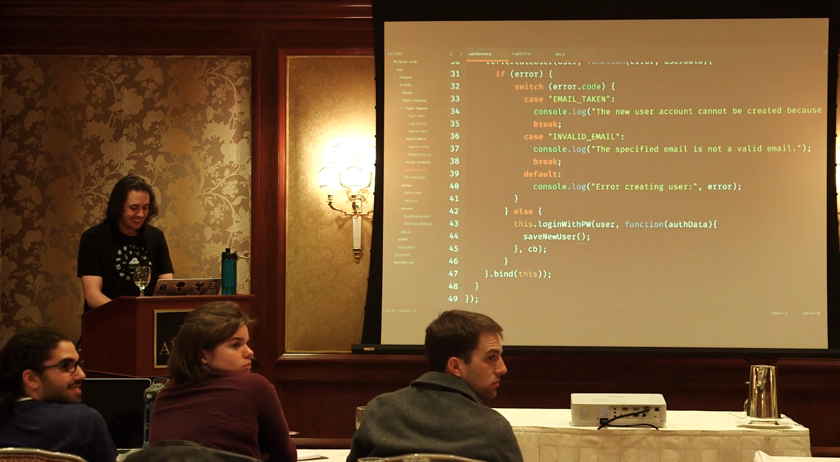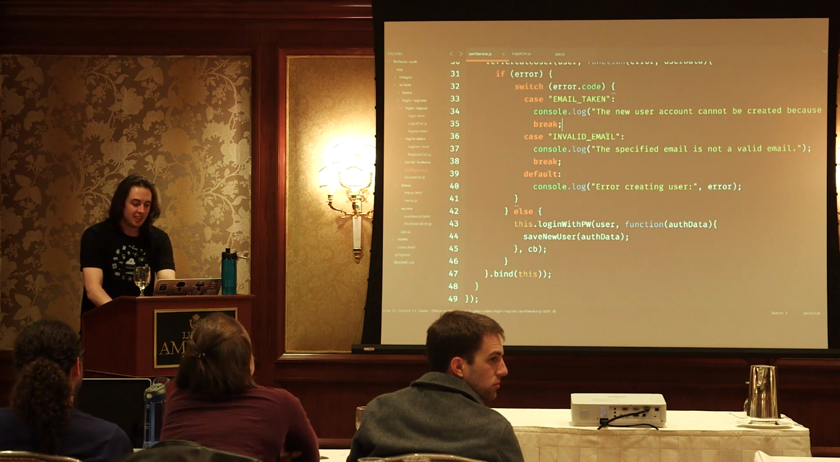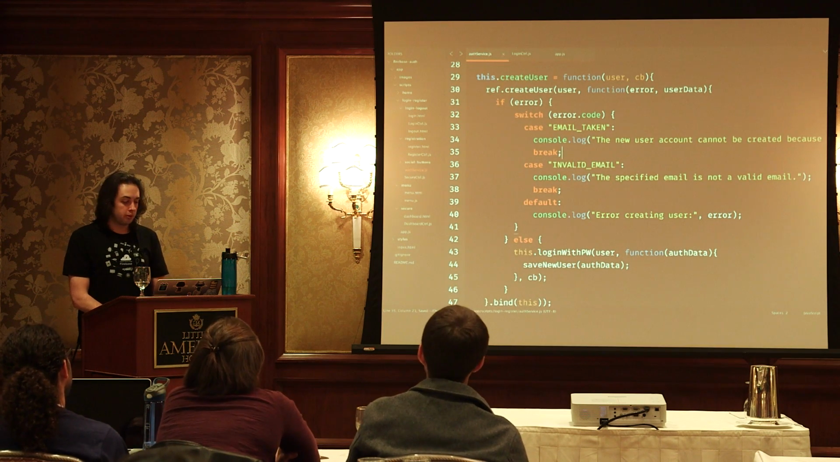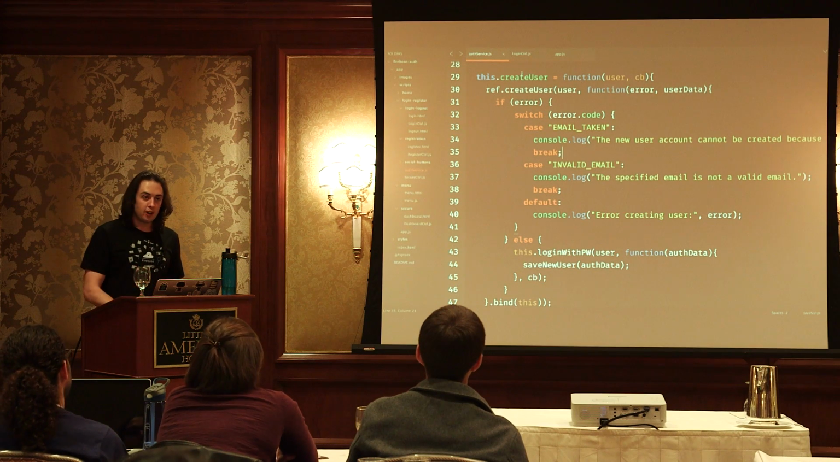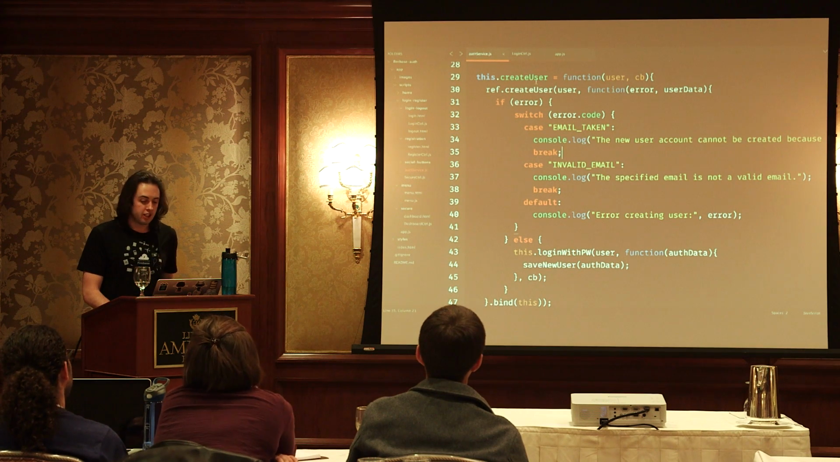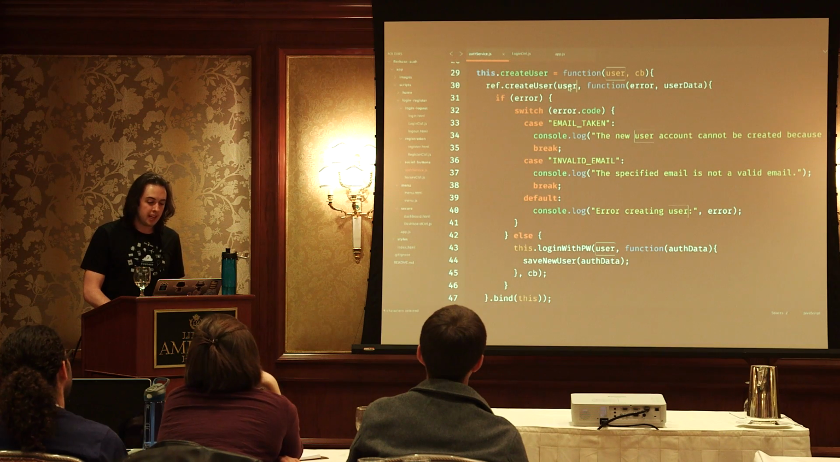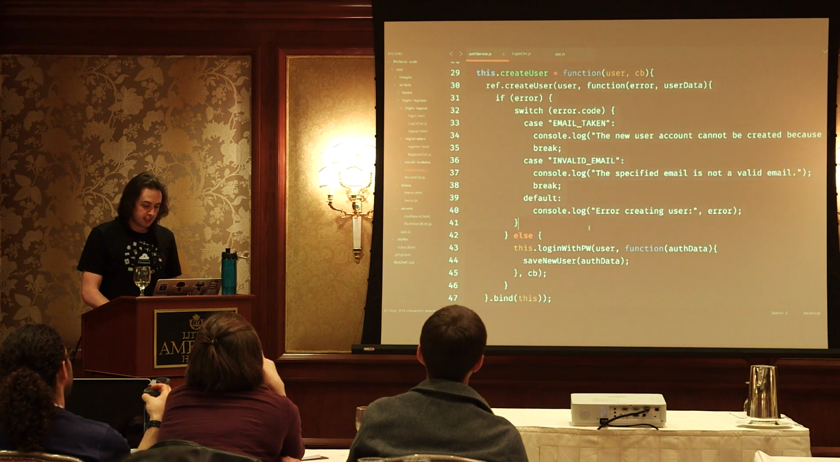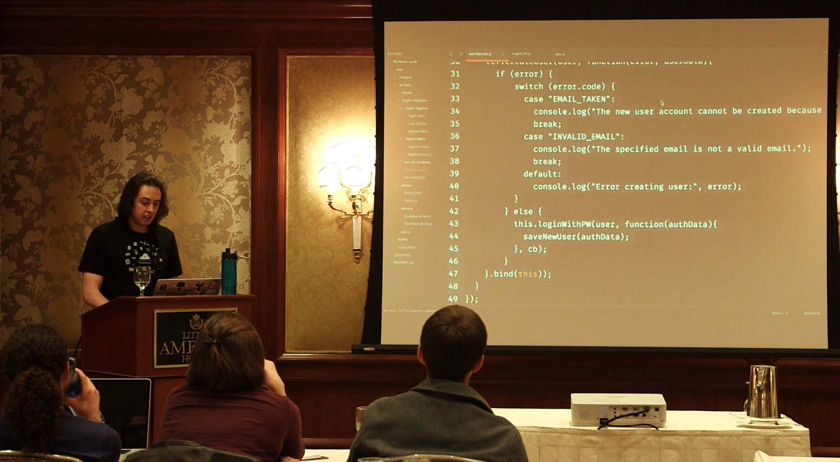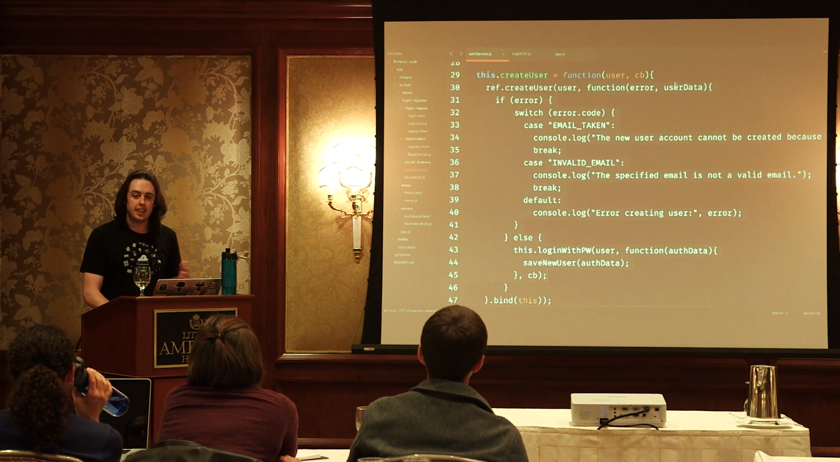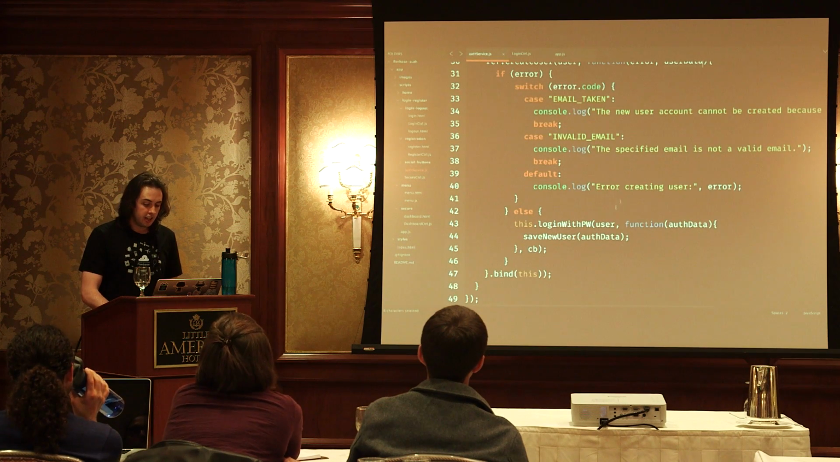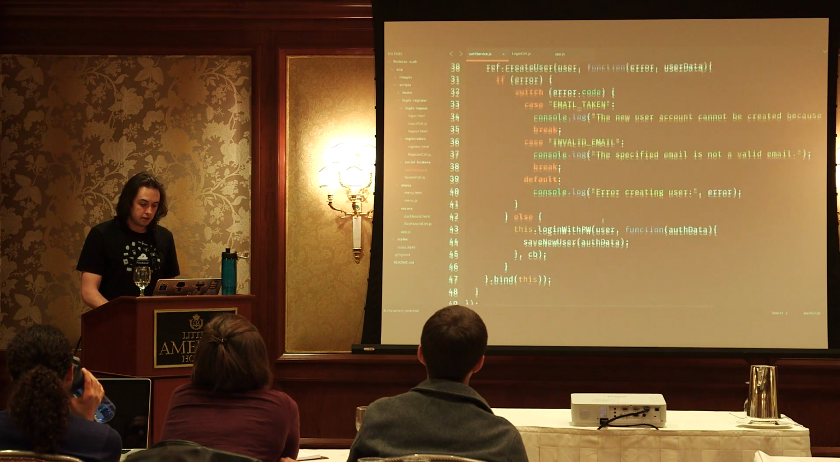I'm really tired. Okay, so what's happened when we register? Let's walk through this. We register. It invokes this property on our service. We use a Firebase create user method. We pass it the user. We pass it this function. It's going to go and do some Firebase-y things. It's going to give us back that user data. We're then going to